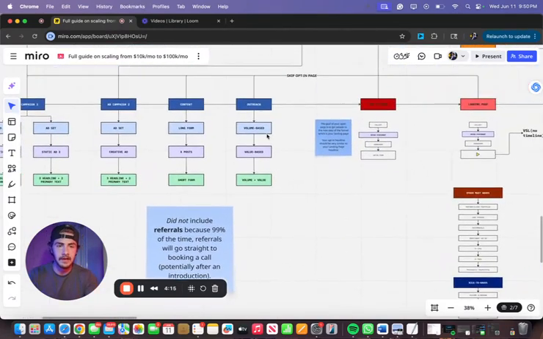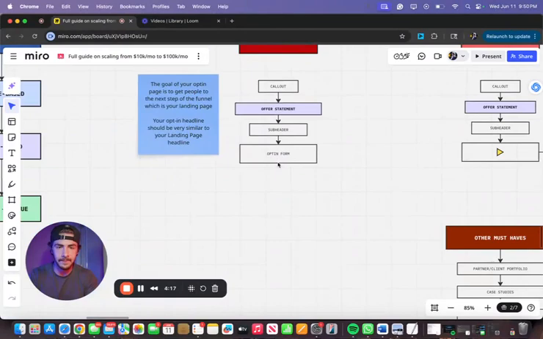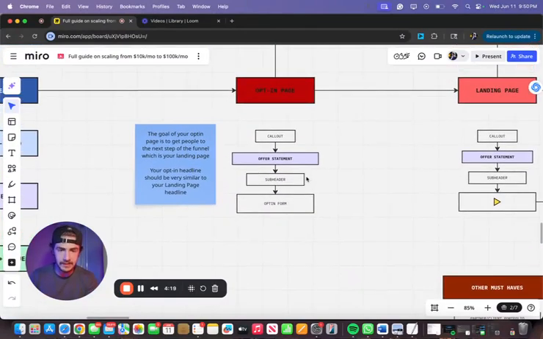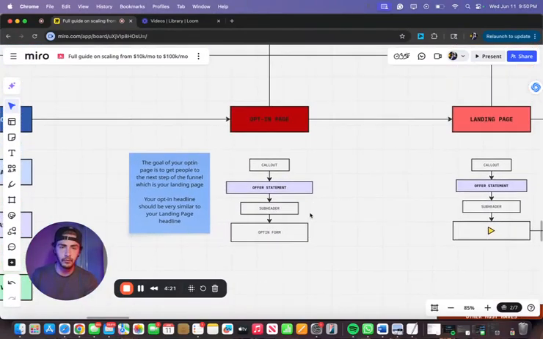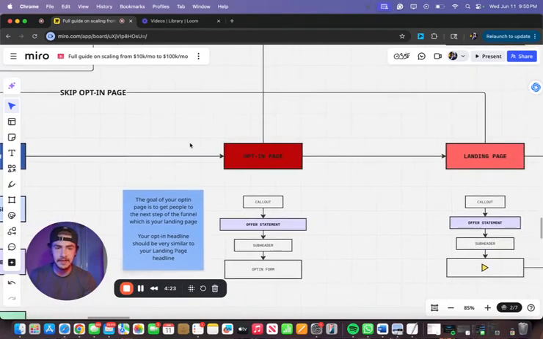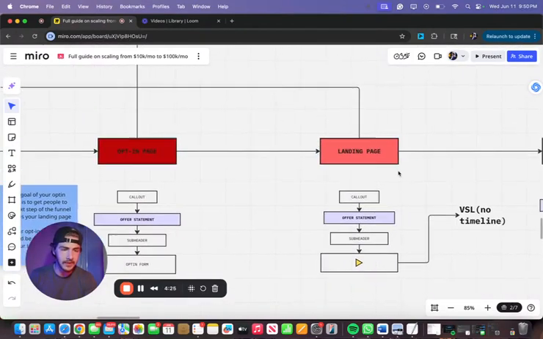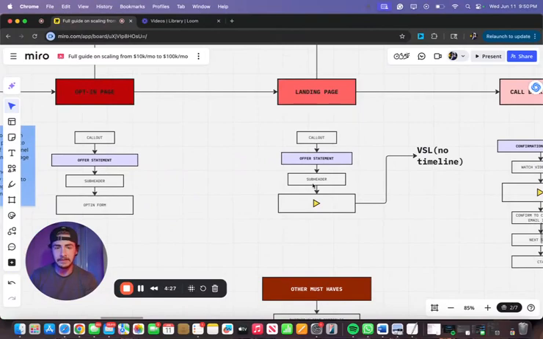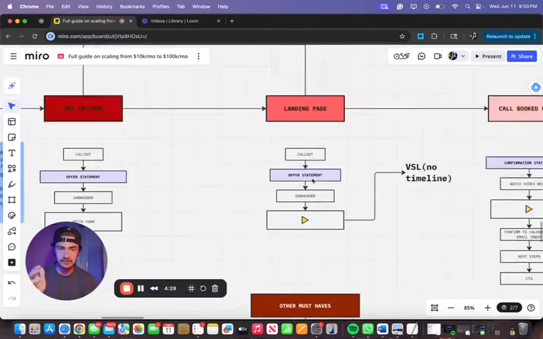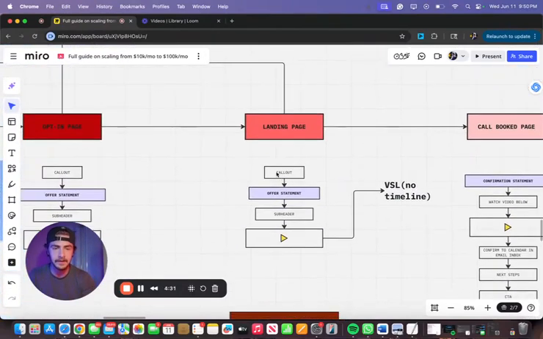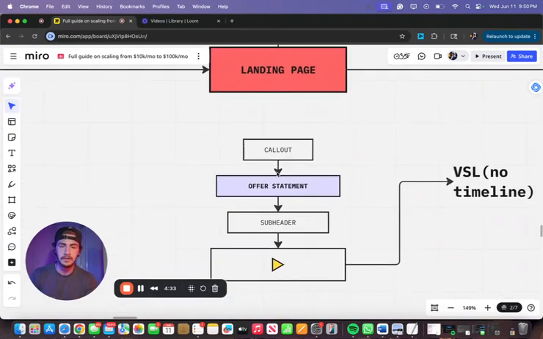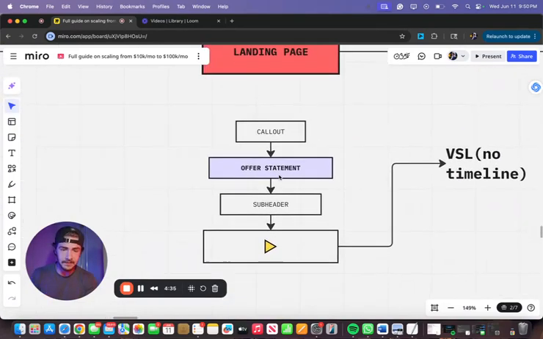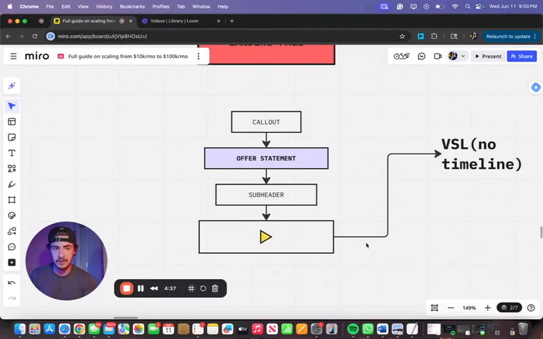So for the opt-in page, we're going to have the callouts, an offer statement, the subheader, and then the opt-in form. And then for skipping the opt-in page or just going from the opt-in page to the landing page, we have the funnel. The landing page looks exactly like this, essentially. Just it's laid out like this. You're going to have the callouts, who you're speaking to, the offer statement, the subheader, and then the VSL itself